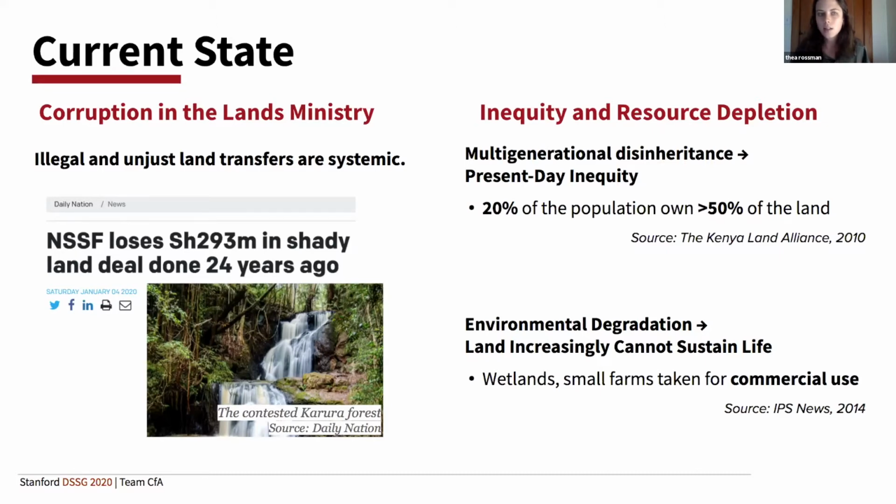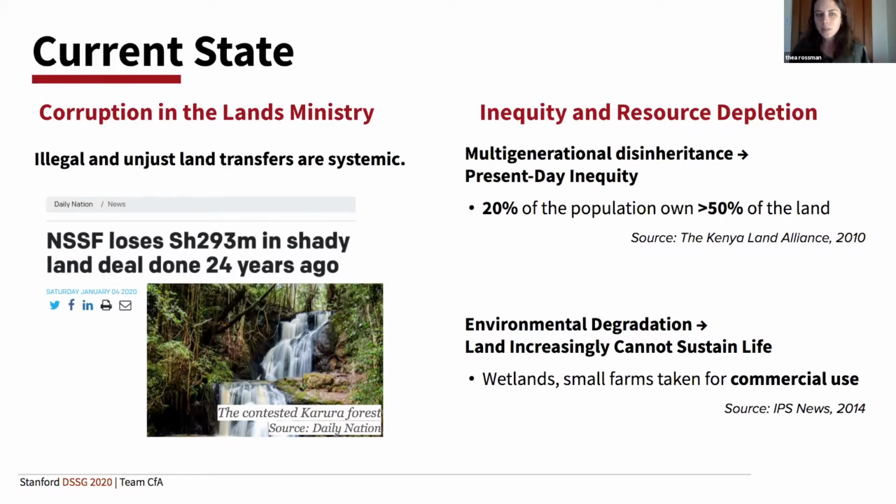This deal lost the Social Security Fund, really the core of the Kenyan social safety net, millions of Kenyan shillings. There are so many reports and articles and sectors of advocacy that show that this is not an isolated incident, that corruption facilitated through the lands ministry is systemic. So when we talk about land, we're talking about an emotive, deep-rooted, and high-stakes topic that a lot of people really, really care about.